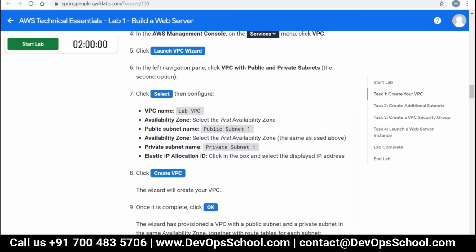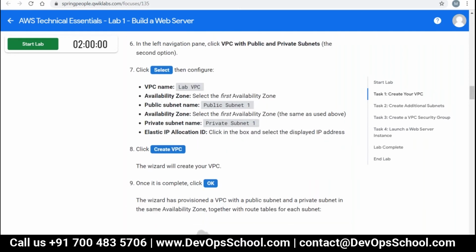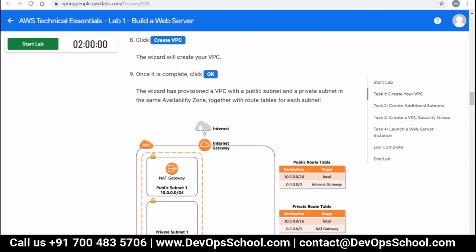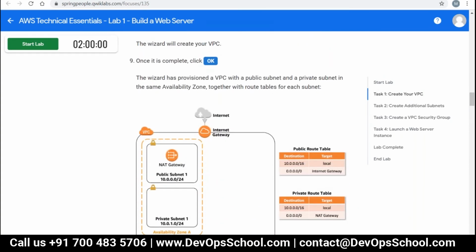Not here. After coming to step 9, when we clicked OK, it showed two subnets, I think. One is with IP 10.0.0.0 and one is 172.31.0.0. But here in the document it is mentioned that it will be 10.0.1.x. So it's not matching.